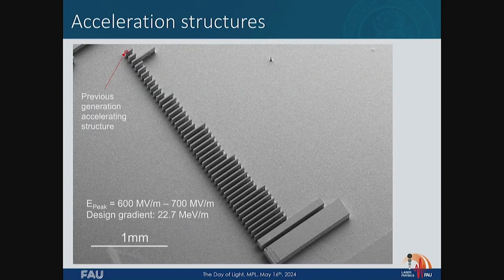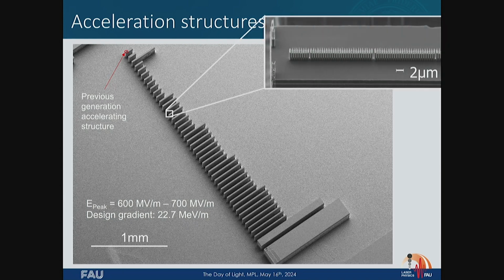This is how these structures look like. These are the shortest one we made, 100 microns. This was what's in the circle. It was the previous generation. And of course, we were courageous. We thought, okay, let's also try 200 microns. And maybe if stars align, 300 microns might work. And I don't know what else aligns, also the longer structures could work.